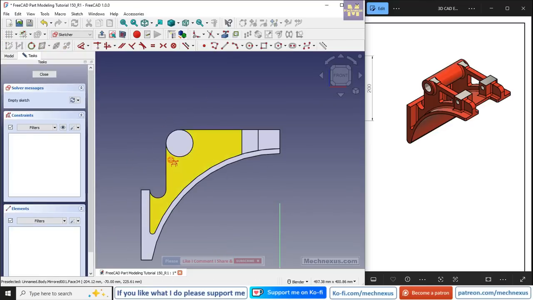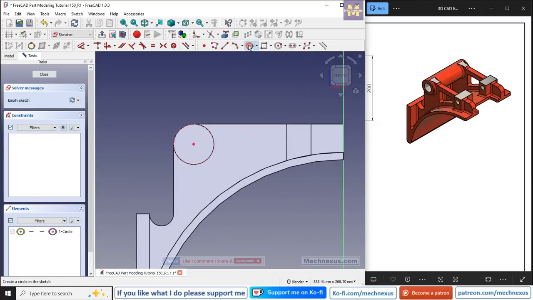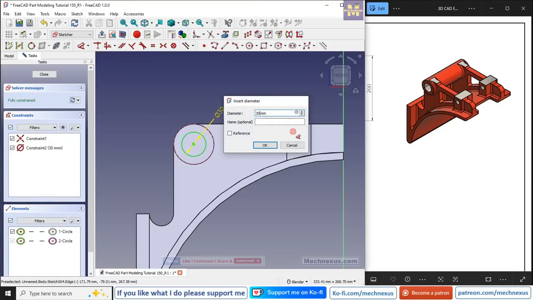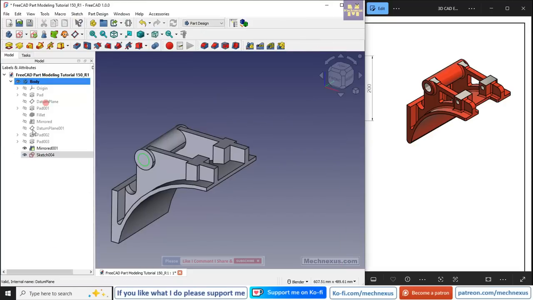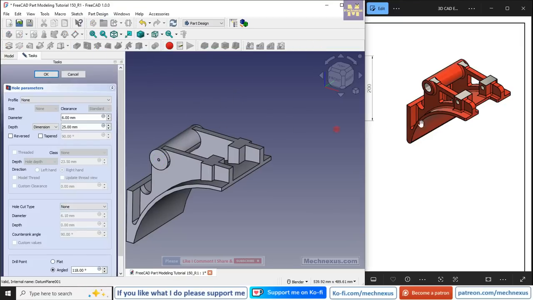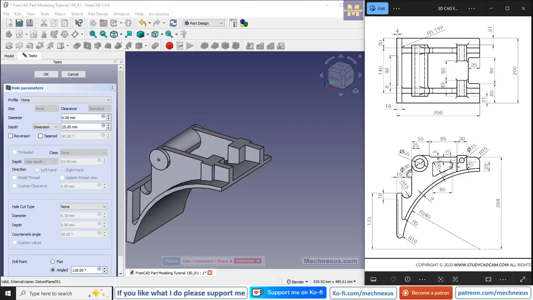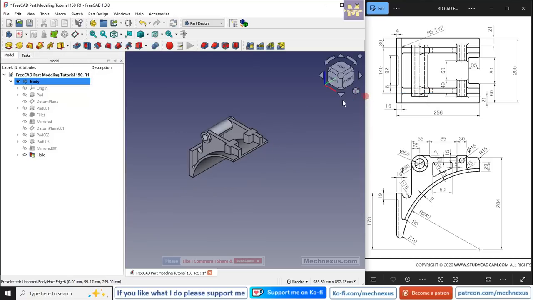We will click on the project geometry, select the circle, and here provide the diameter 30, click on close, select the sketch, and we will create it with a hole feature. So click on the hole wizard, and if we see our drawing, here is a drill of 30 mm. So here diameter I will provide 30, and I will put in conditions through all and say OK. Now press 0 for isometric view,